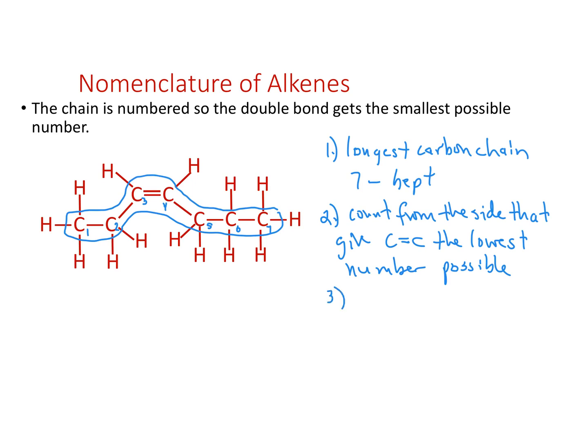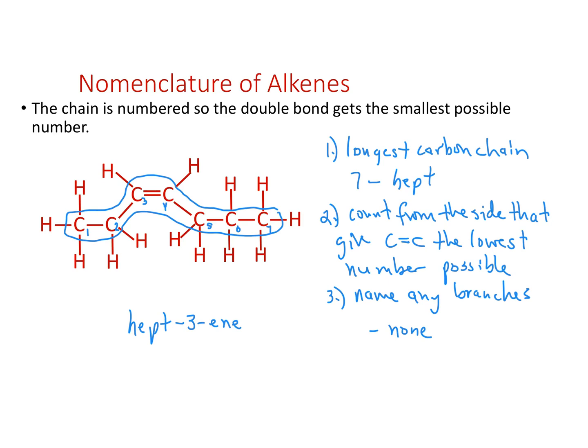Step 3, we want to name any branches, right, off of this carbon chain. And there aren't any, right? There are none. So if we can put that all together, right? Well, we have a 7-carbon alkene, so that's hept. The double bond is on the 3rd carbon, so